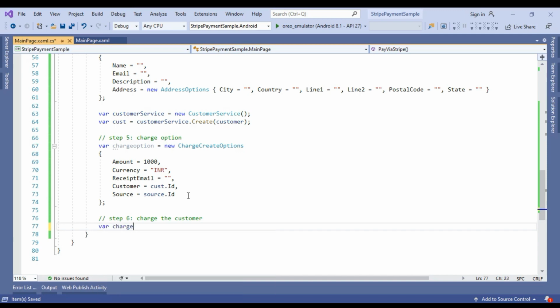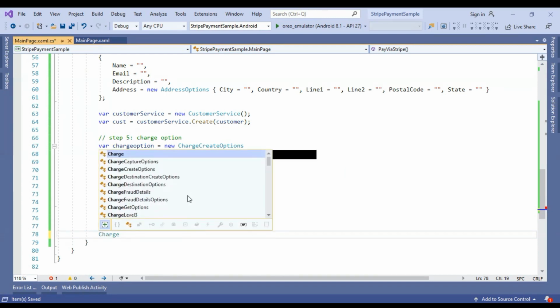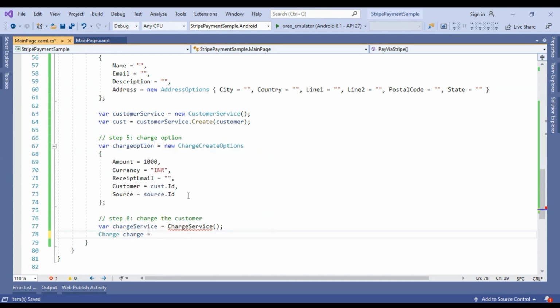We create the charge service object here, and using this charge service, we use a simple charge, and using this charge service dot create, with a new keyword here, we get the create options, and using this create option, we have to pass the charge options here.